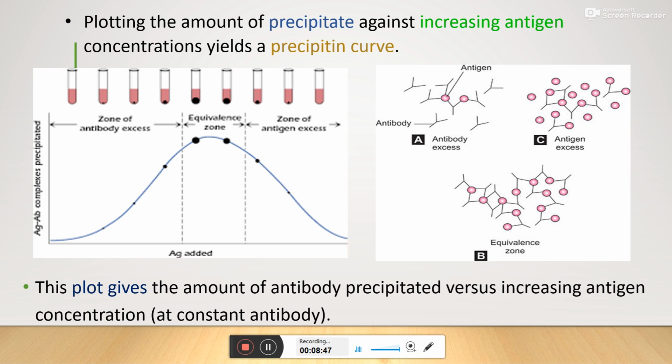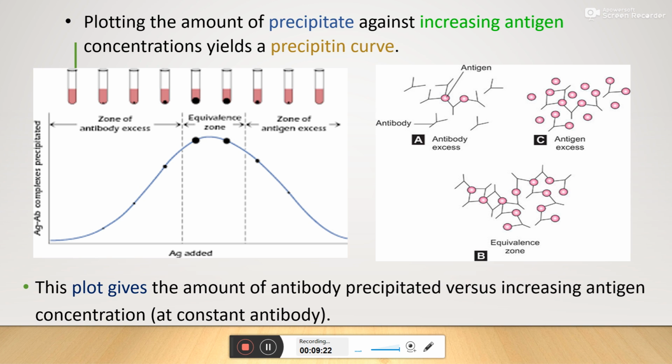Here we are taking antigen on the x-axis, and if we draw a graph with respect to these values, that is, according to the amount of precipitate and increasing antigen concentration, we will get a plot, or a curve. This curve is called the precipitin curve. So the precipitin curve is formed by plotting the amount of precipitate against the increasing